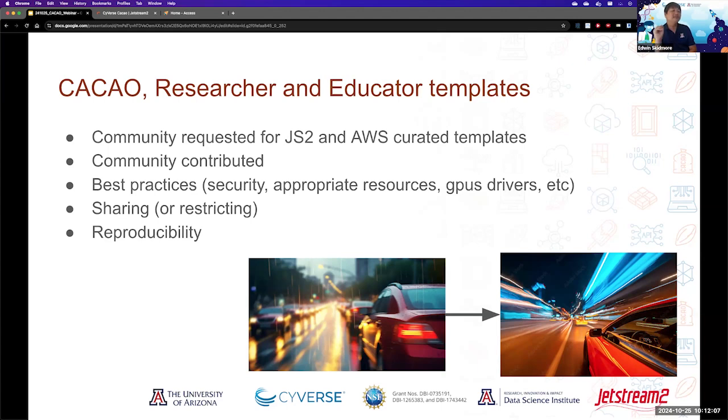So if the author of that template only wanted you to configure how many nodes or how much to scale the resources, then that could be the only thing that you could customize. So there are ways to ensure that that template could be reproducible with high level confidence. Go ahead, next.